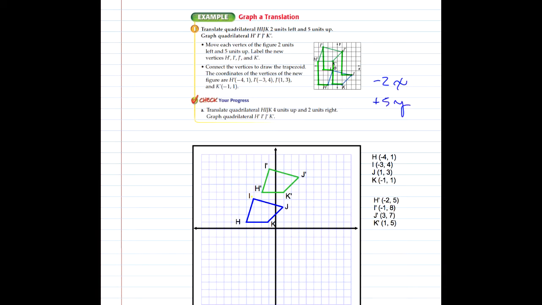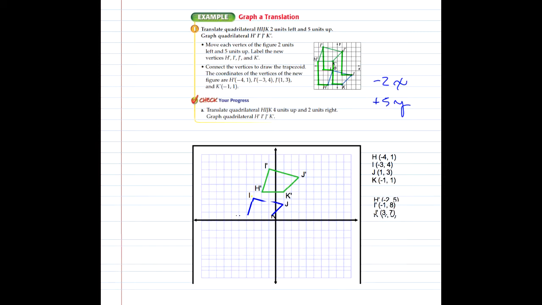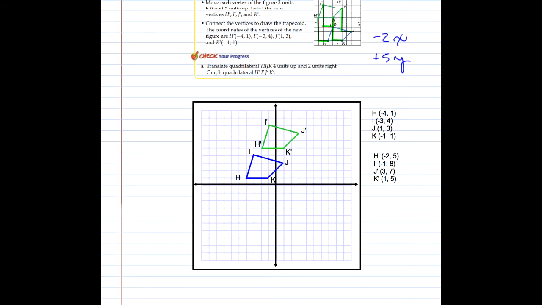Translate quadrilateral HIJK, 4 units up and 2 units right. Graph H', I', J', K'. And I've done that already to save a little time. I've already graphed the 2 images. And again, they want me to go up 4 and 2 right. So if I go H, I'm going up 4, 2 right. I goes up 4 and 2 right. J, up 4, 2 right. K, up 4